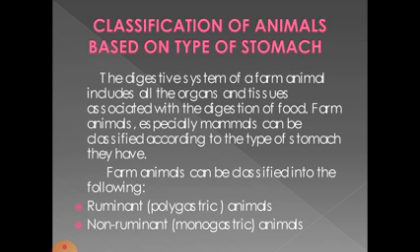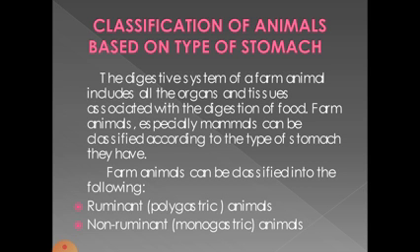Farm animals are also classified on the basis of the type of stomach which they possess. The digestive system of farm animals includes all the organs and tissues associated with the digestion of food. Farm animals, especially mammals, can be classified according to the type of stomach they have. Farm animals can be classified into the following. We have ruminant or polygastric animals. These are animals that have multiple stomach chambers,